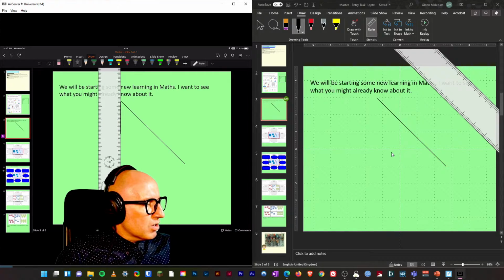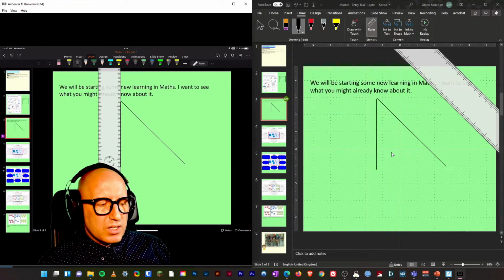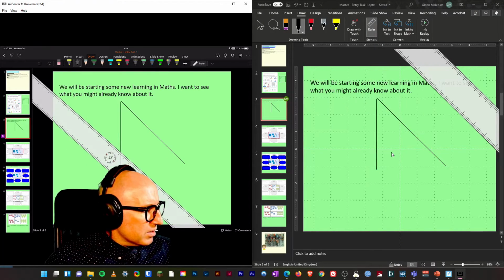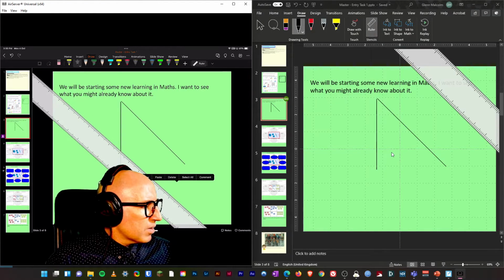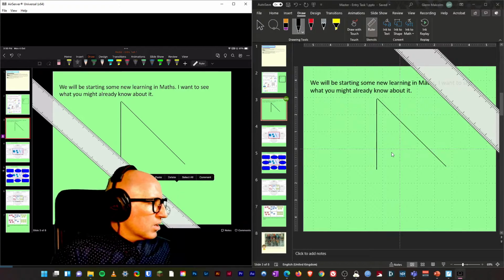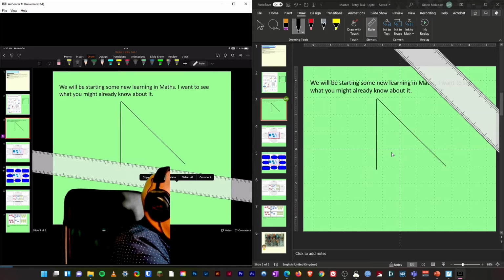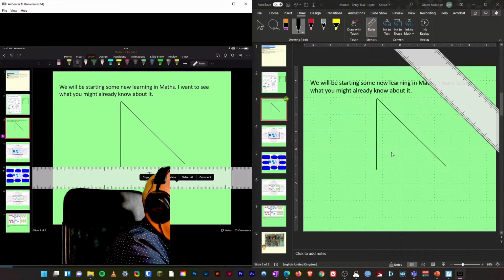So if I just go and draw in here, you'll see that on the right hand side, it's barely noticeable anymore, or imperceptible. The ruler itself is moving, and then when I go and annotate it,